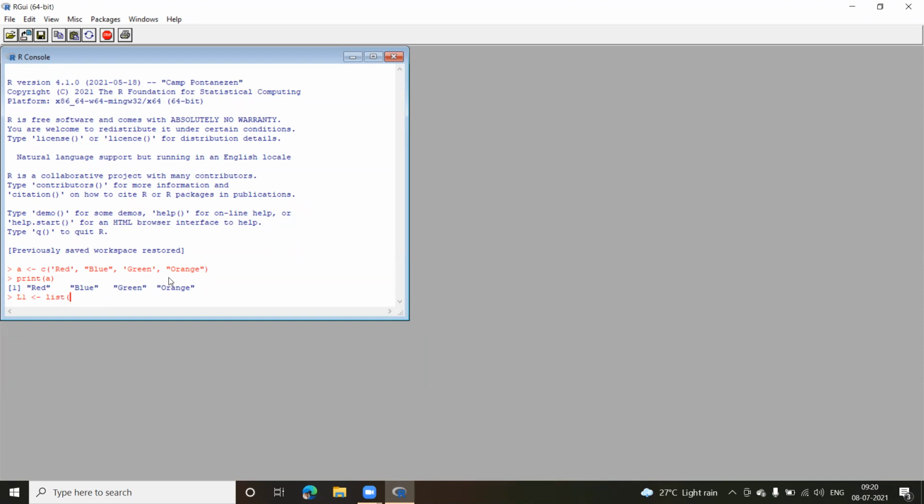So let us create some. Now what I'll do is I'll create a combination of different types. Let us put some numbers first. So I have this 21. Then let us put some float value as well. So we have 89.56. Then another one, let us create a vector inside the list. So to create a vector, how do we do it? Using the C function. So C into round brackets.